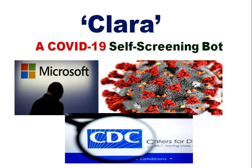A COVID-19 self-screening bot. I hope you all are now aware of the outbreak of COVID-19, that is, the coronavirus outbreak. In this situation, if we can take the help of currently emerging technologies like artificial intelligence, then obviously this will be a very good relief for our government and for all the people who have been at risk from this type of disease. Okay, so Clara is one such technological